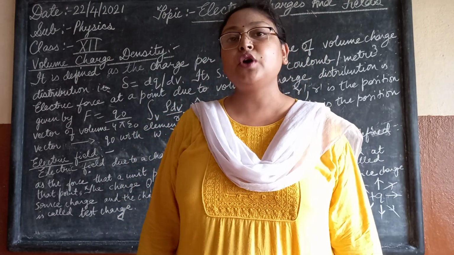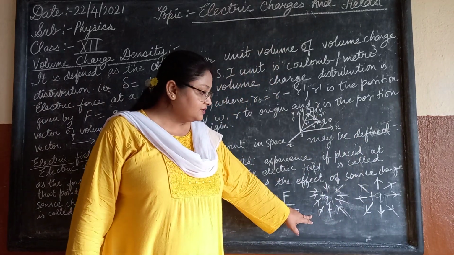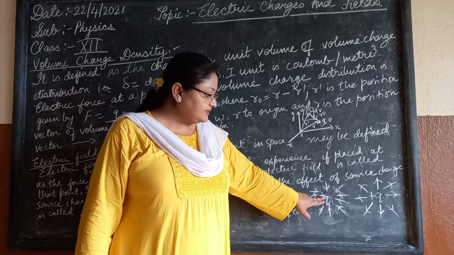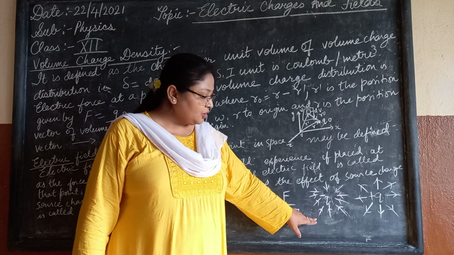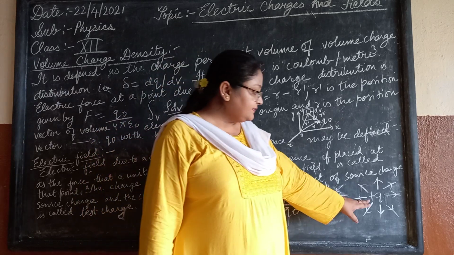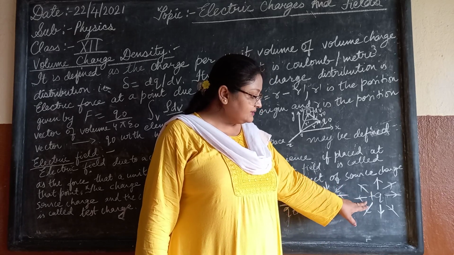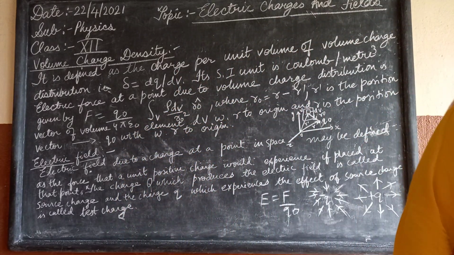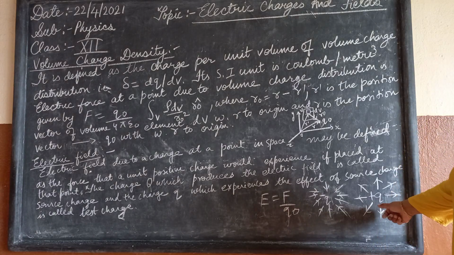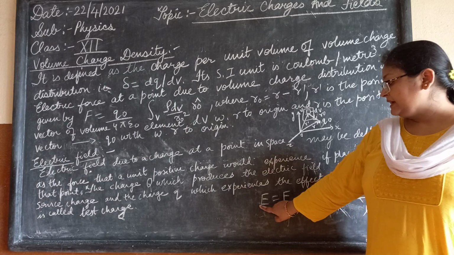If you are not able to understand this, I am explaining it once more. This is the negative value, and if it is negative the field goes inward, because it goes from positive to negative. The plus value goes outward, so the field is radially outward. The field is directly radially inward for the negative charge and radially outward for the positive charge, and the value is given by E equals F upon Q0.